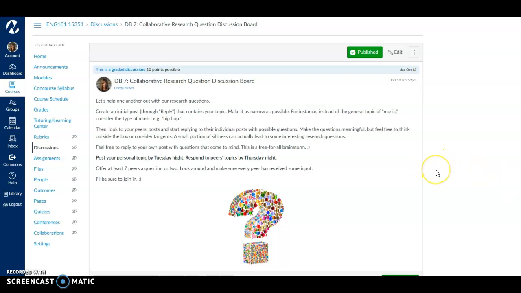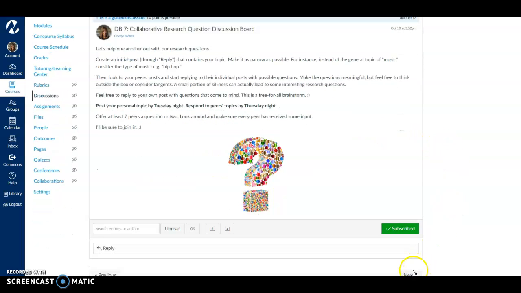And then what you're going to do is you're going to read over one another's posts and ask one another questions about that topic. Things that will just get the mind rolling on ways that we can research and examine those questions. Some of them can be even kind of silly, as long as they're appropriate for this space, because that generates interest and can be a springboard into some really productive questions. And so we're going to do that with at least 7 peers. It shouldn't take too long. So just get some good questions going. And don't make them too silly. Make them meaningful and productive.